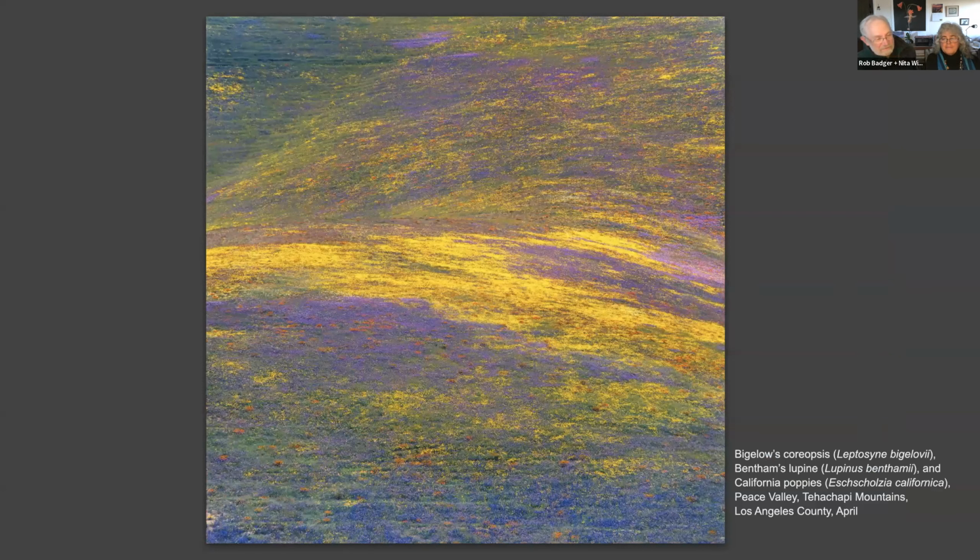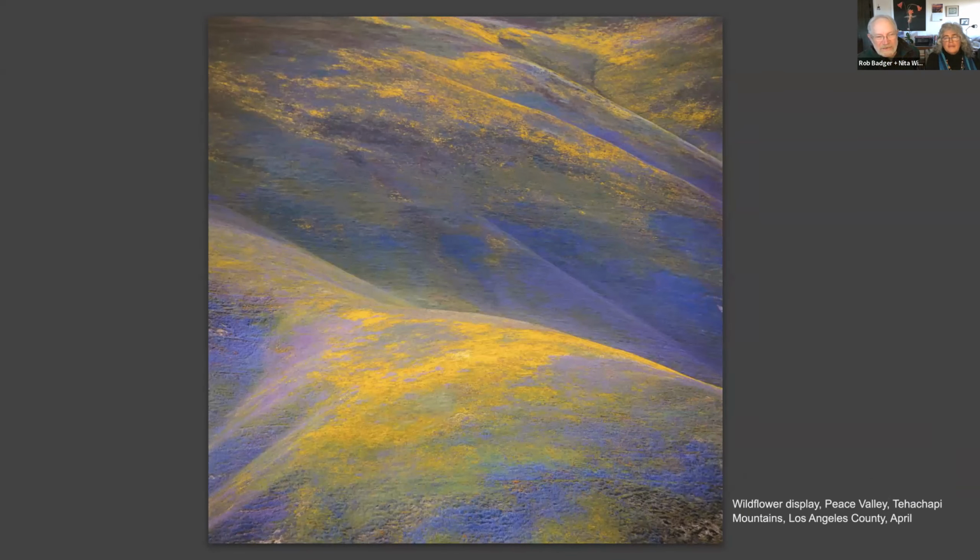So people ask us, what is the most beautiful wildflower bloom you've seen? What really blew you away and just kept you going, looking for more super blooms? Well, in 2003, above the town of Gorman, around Tehachapi Pass, I'm sure many of you know where that is, we learned that there was an incredible bloom that people hadn't seen for years. I started living out in LA in 1966, and I've been driving up and